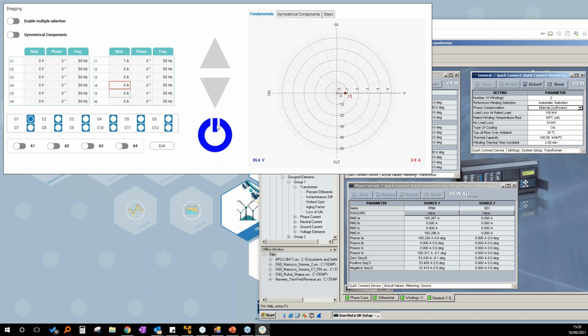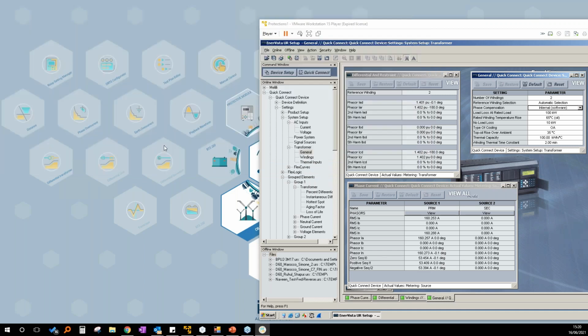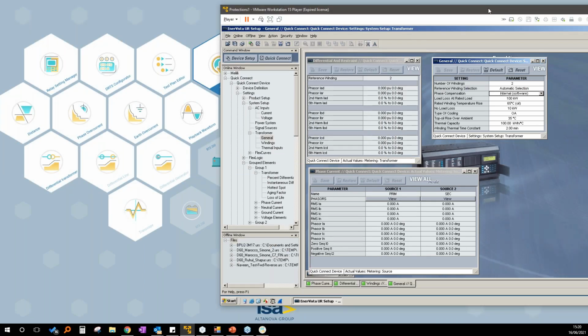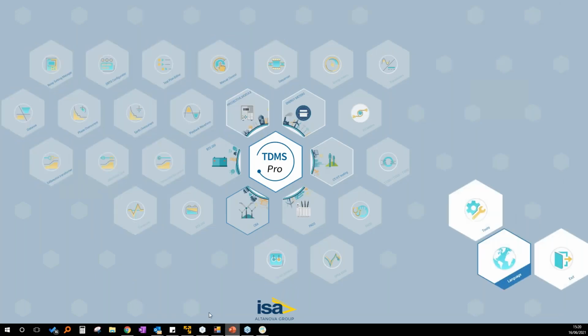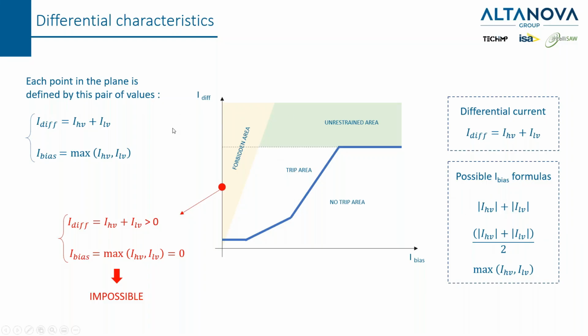Now we will discuss a little bit more in the slides. So we leave for the moment the testing setup, and we continue with a few more concepts.